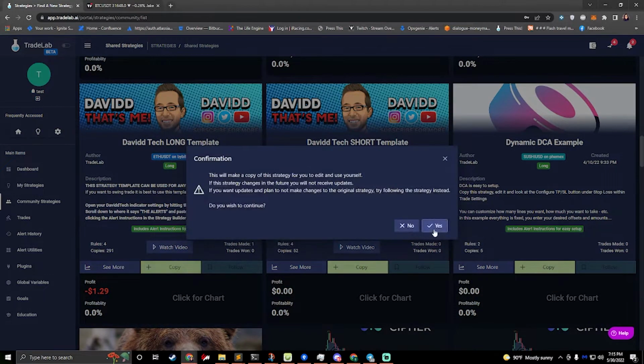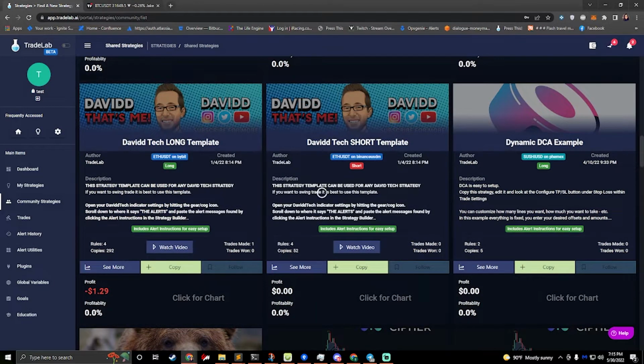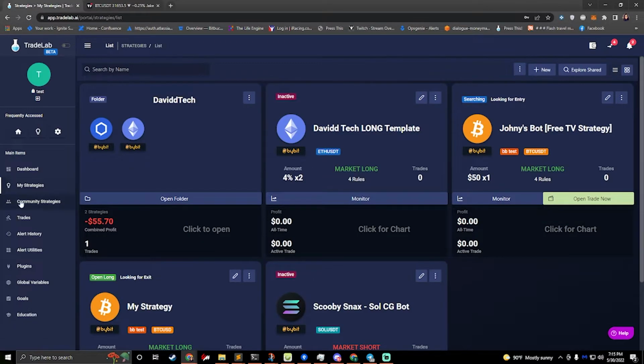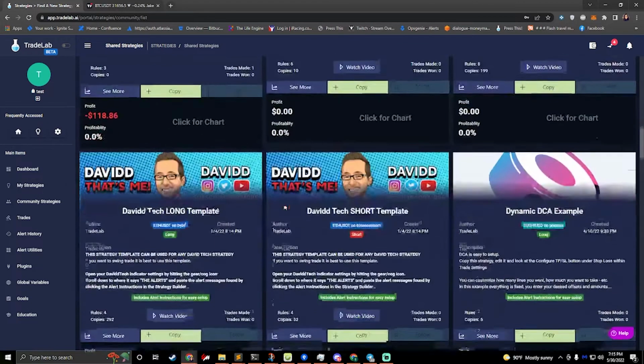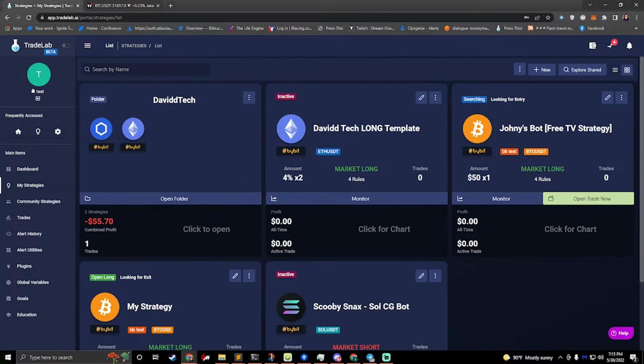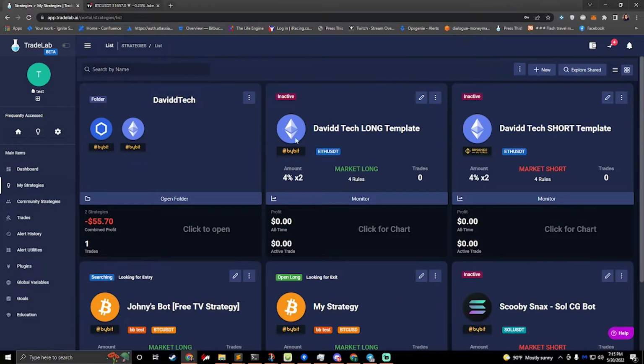So if I were to copy these and just have them be separate, so I have my long, I'll go back over and I'll copy my short as well. Now let's say that I have both of these and I want to make sure that if one is open, we don't want the other one to be open. Okay, there's actually a couple ways to do this,